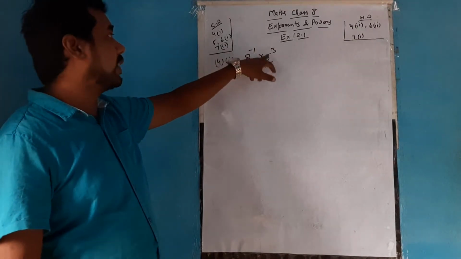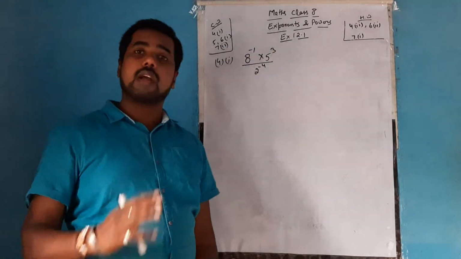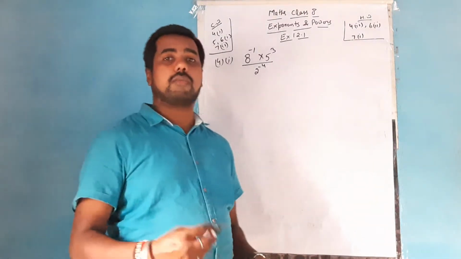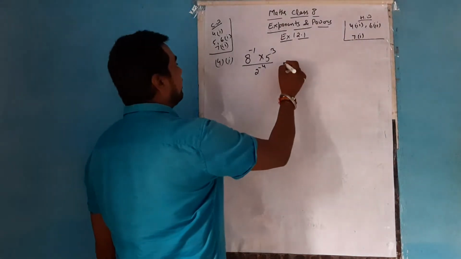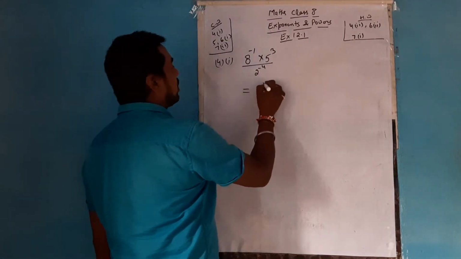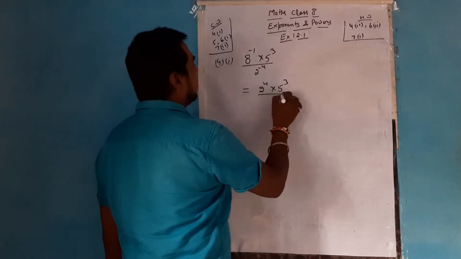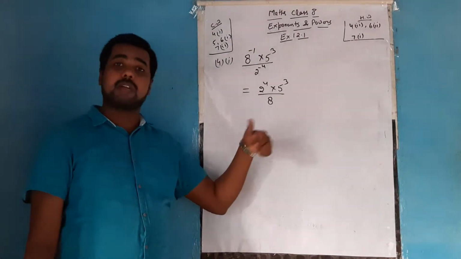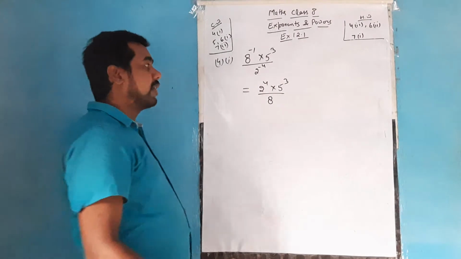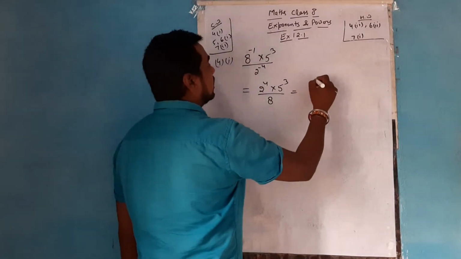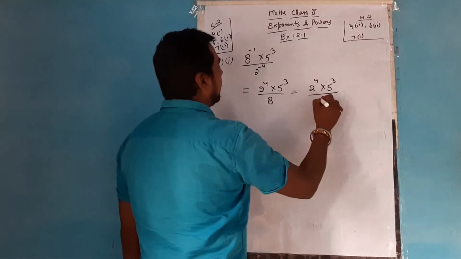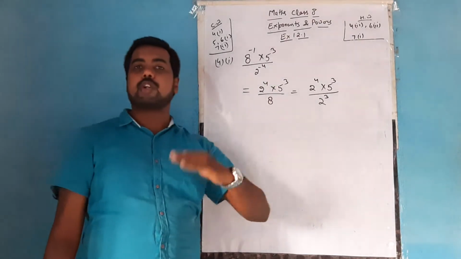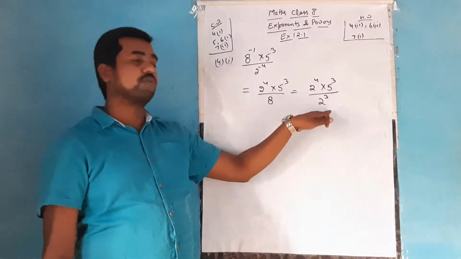2 to the power minus 1 into 5 cube by 2 to the power minus 4. I have already told you earlier, whenever you get a negative exponent, first of all write it in the form of positive by taking the reciprocal. So now the same question becomes 2 to the power 4 goes to the numerator, 5 cube as it is, 8 comes to the denominator. Now when you get a composite number, try to write it as a product of prime factors or exponents of prime factors. That becomes 2 power 4 into 5 cube by 2 cube, as the factors of 8 are 2 into 2 into 2. As 2 was written 3 times, that becomes 2 power 3.